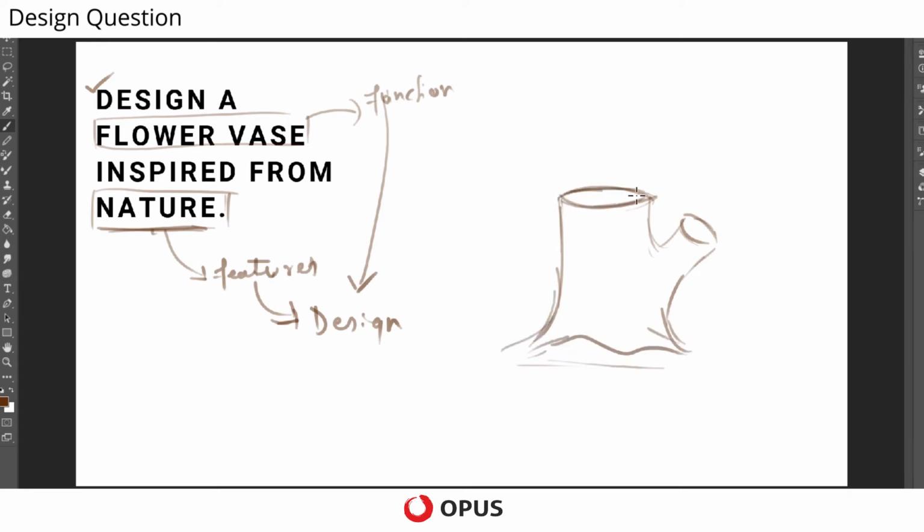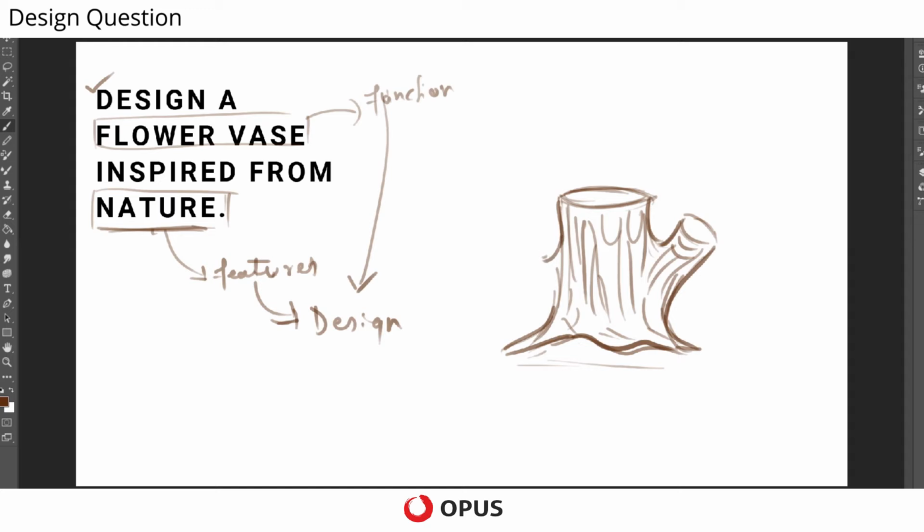This part can be hollow, but the overall design, the looks and feel, shall look like a tree trunk. In this way you can incorporate features of various things and use those general features in a certain context.